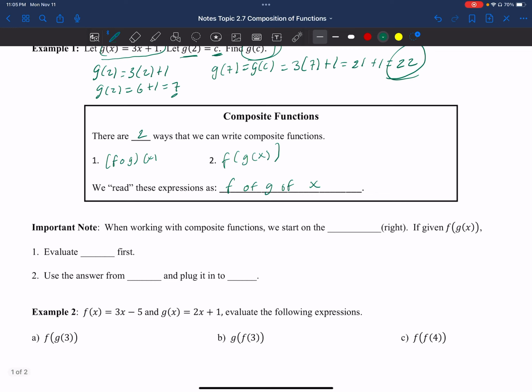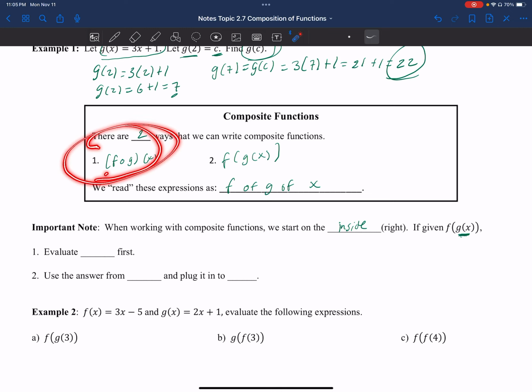So important note, when we're working with composite functions, we start on the inside. If you're talking about this one, g of x is inside, so work that part first. After you find that answer, then you move to the outer function until you are done, if you have multiple. If you look at this form,